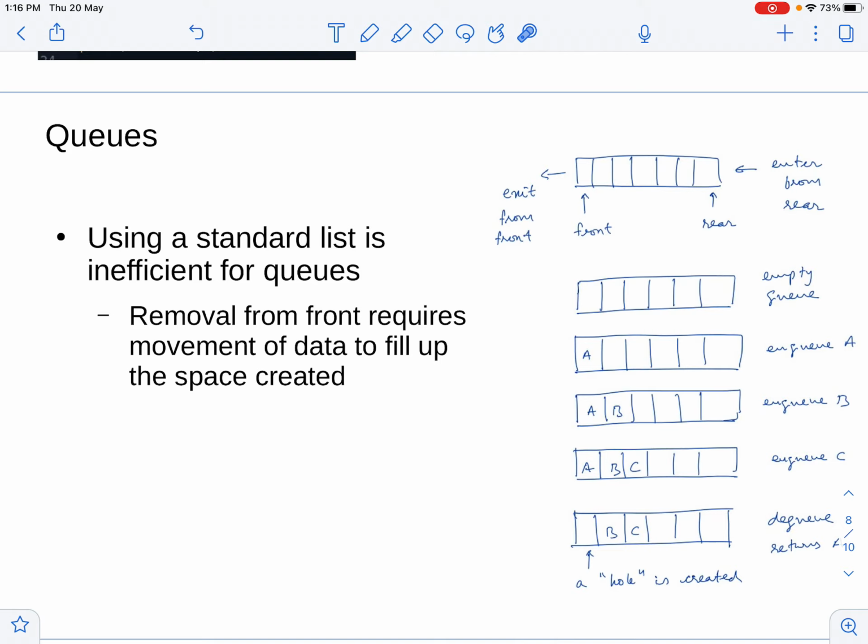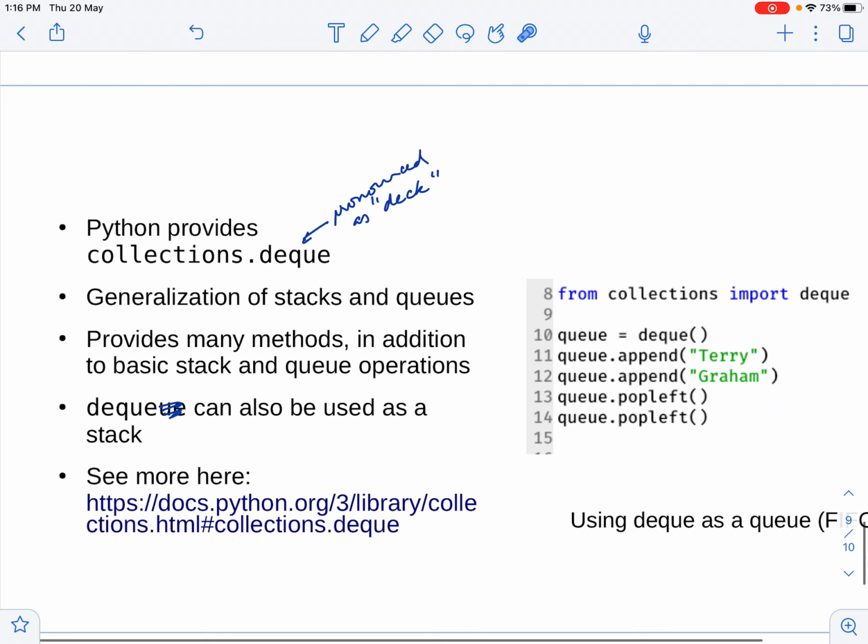Ideally speaking, after you dequeue, you must move all these elements one step to the left so that the first element of the queue is always the front. Fine, so this will make the implementation easy. But rather than directly using a list to do this, we will use a built-in class in